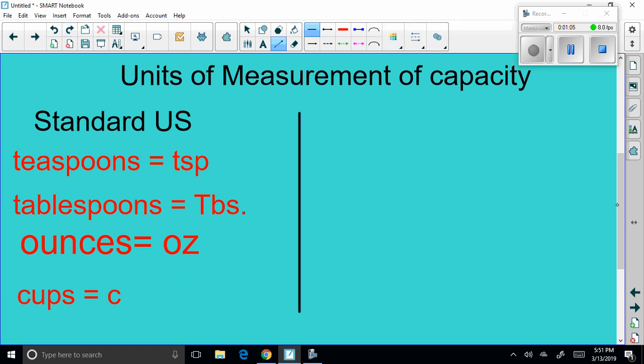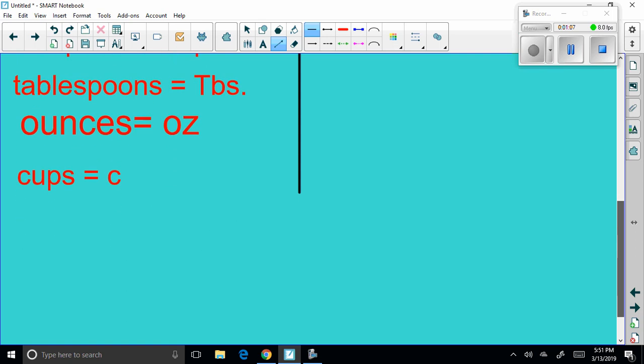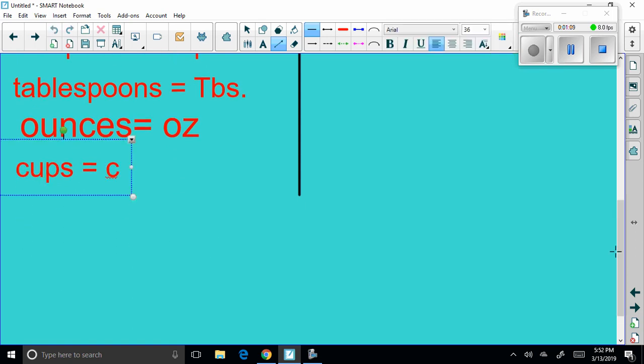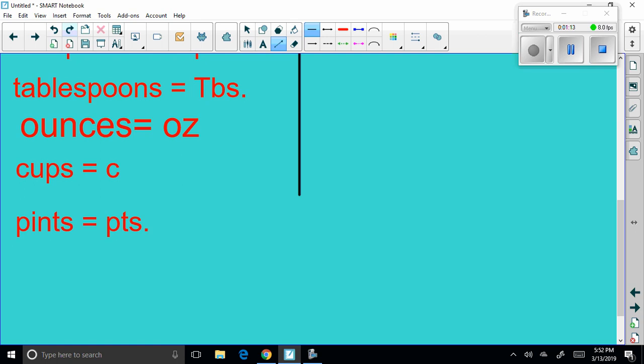And then we have cups. Ounces make cups. And then after cups, we have pints, quarts, QTS, and then gallons. And so see, these are some of the measures. Some equivalencies are